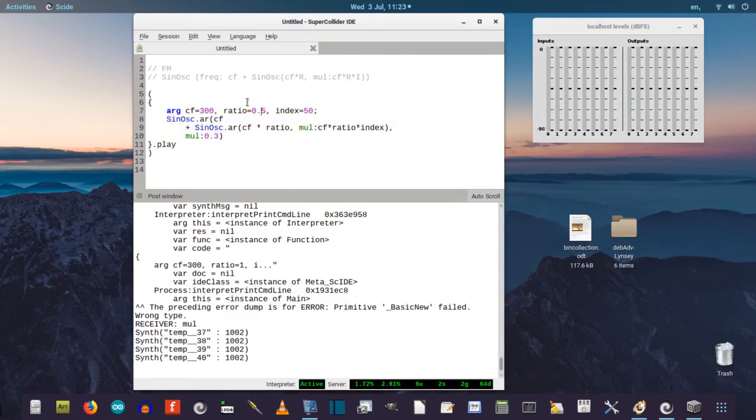Let's set the index to 5. Okay. How do we expose those arguments for use outside the function? Well, we need to give that function, that bunch of unit generators, a name, and the letters A to Z are reserved as global variables. So I've named my function.play and called it x, which means I can now say x.set